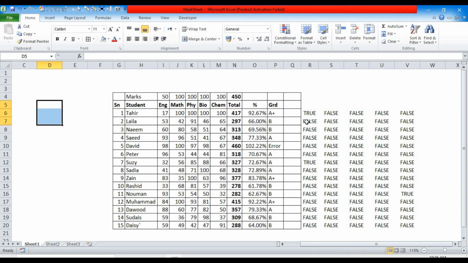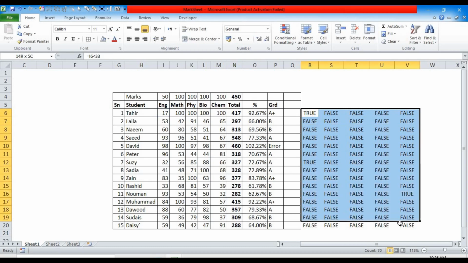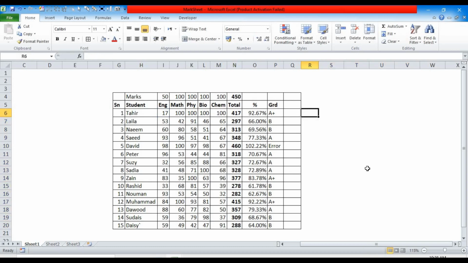To do that, it is better to use the percentage. So I'll just change the formula. Let me delete this. Now you understood why I've used this. So I'll use a formula, and the formula is equal to this cell 17 divided by 50, the total marks. I'll lock this cell because I'm going to drag the formula, by pressing F4. Now let me close them in brackets and press enter. What I get is 0.34